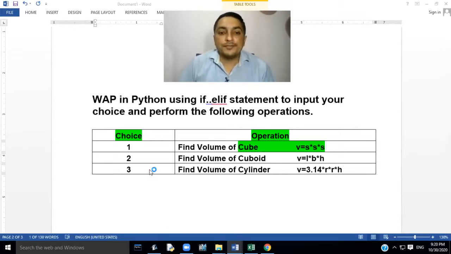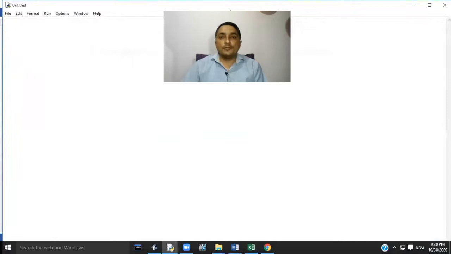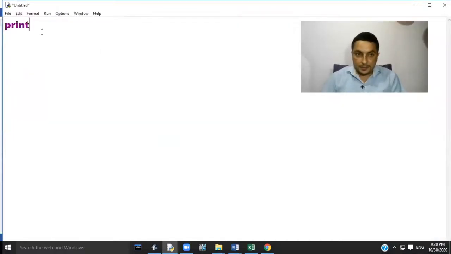Open Python software. Click on option file and choose option new file and type the program code here. Print, press 1 to find volume of cube.